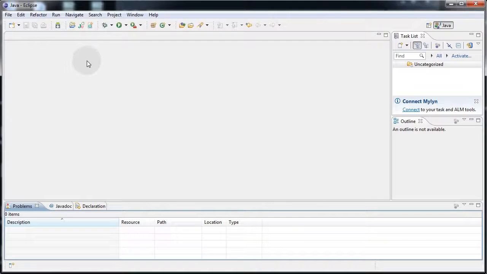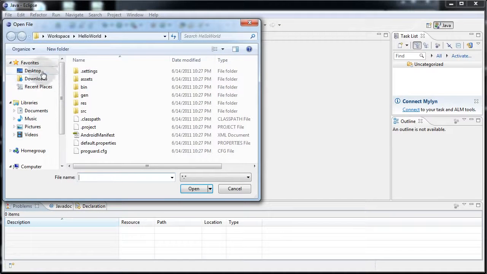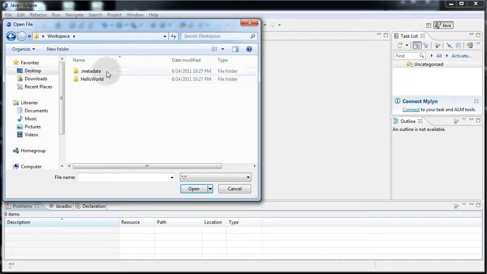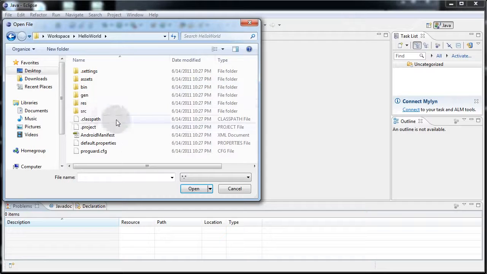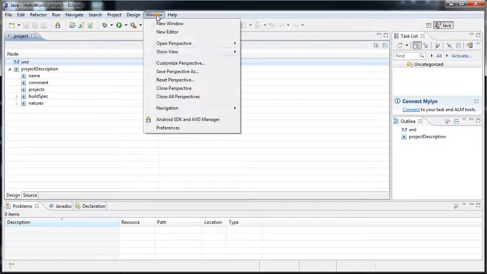Now at any point, if you happen to close Eclipse, or you close that little welcome tab by hitting the little X on that welcome screen, and you don't see your project behind it, you can just go to File, Open File, and go to your desktop where you had the workspace folder. You click Hello World, or the package that you're creating, whatever application, and the .project file is the one you want to open. And if you want to see the Project Explorer window on the left here, you can go to Window, Show View,